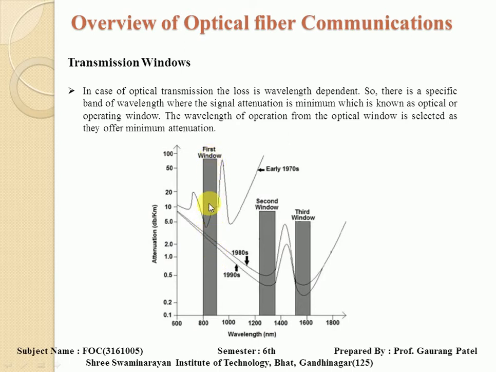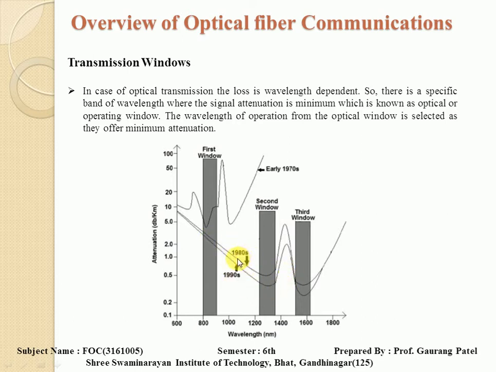Means at this wavelength the signal attenuation is around 4 dB per kilometer, and this window was identified in the early 1970s. As time progressed, around the 1980s, after purification of the optical fiber, the losses were again reduced, and